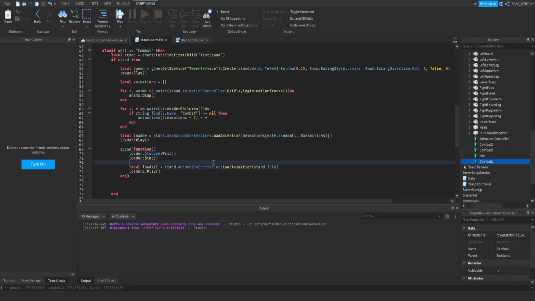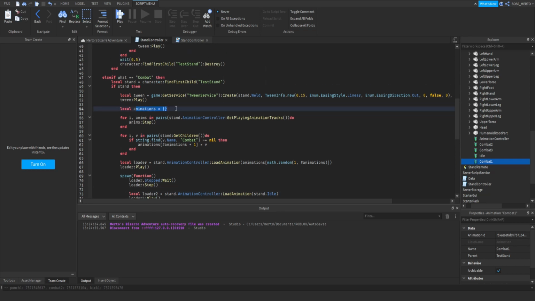Okay, so let me explain what I have just done. I have made this empty table right here, which is going to store every combat animation which we want to use or which we want to be able to use. And down here, we are using this for ipairs loop, and we are looping through all of the playing animation tracks currently, and we can gain access to those playing animations by referring to the stand animation controller, which is this instance right here. And we are basically looping through it, and we are stopping every animation which is inside of it,